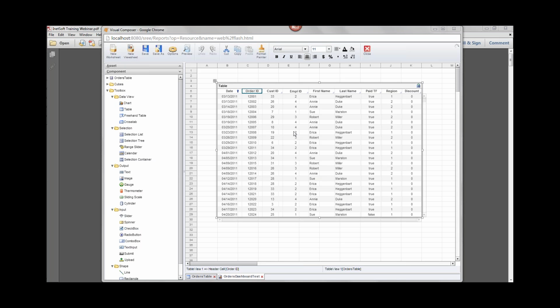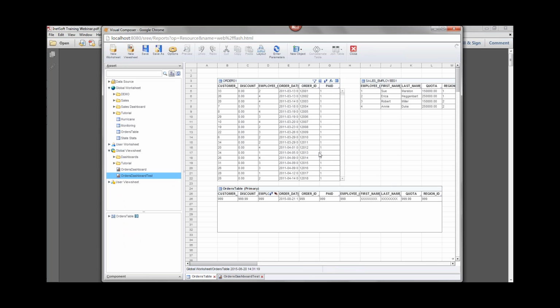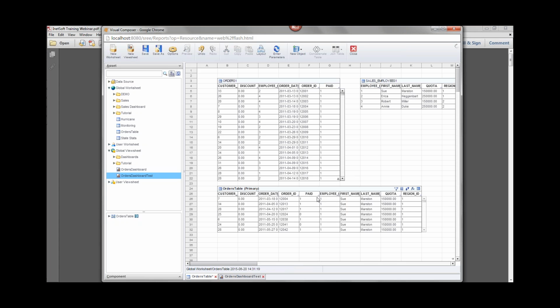So what I want to illustrate before we see how to do that in the dashboard is that this dashboard is based on a worksheet, right? And here's the data worksheet that's behind the scenes. What this data worksheet does is it takes two tables from the database and joins them together, right? So in the actual database, there is an orders table, just like you see here with just these fields. And also in the database, there's a sales_employees table, just like you see here. And so what I've done in the data worksheet is I've joined them together to basically get all of the columns. And if you want to look at the actual data, here's the actual data. It's all of the columns from these two database tables that I've integrated into a single table.